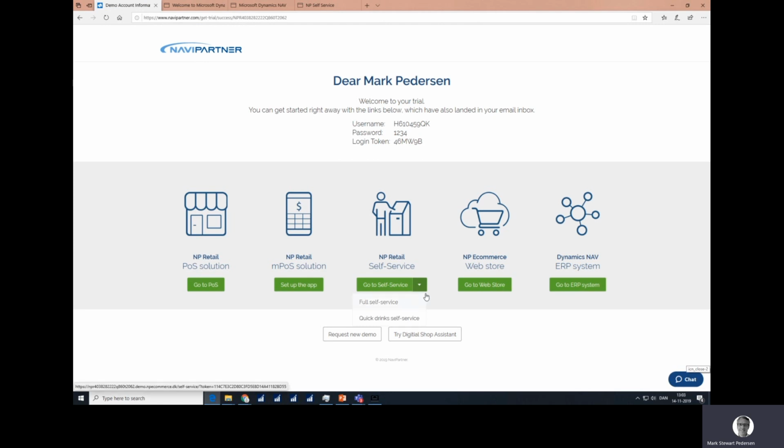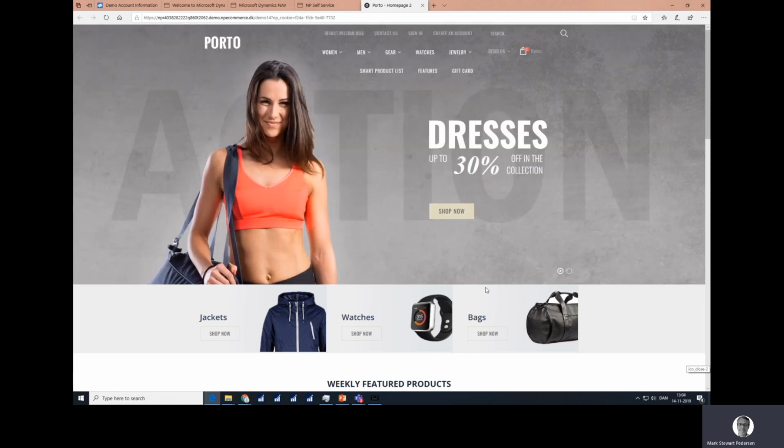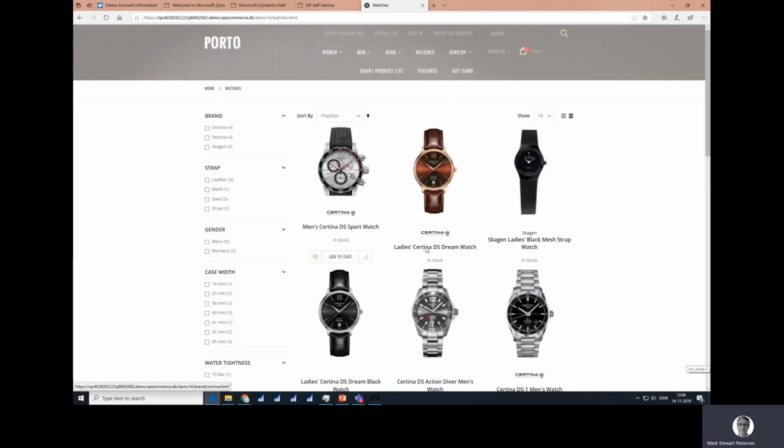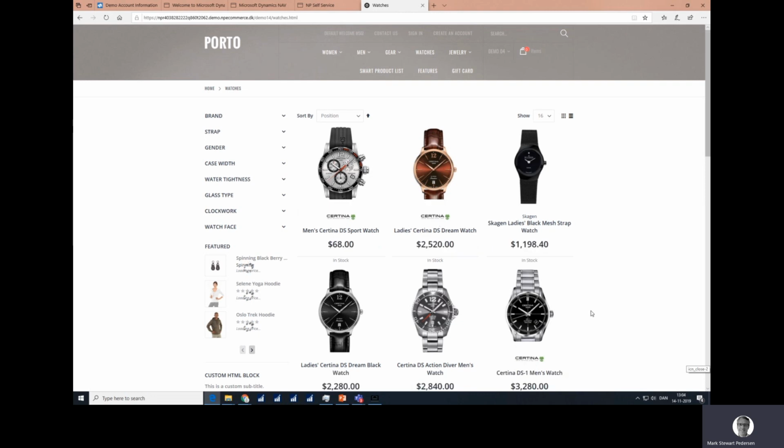Back to the demo. One more thing, the web shop, again, the same solution, the same items, the same inventory, the same user login, everything is the same. Now it's just another look and feel, because now it's optimized for web, either on a PC version as I'm showing you here, or if the customer is running it on a mobile device. You can see the watches we have. We saw in the POS is now there. It shows that it's in stock. I can go to the cart itself,